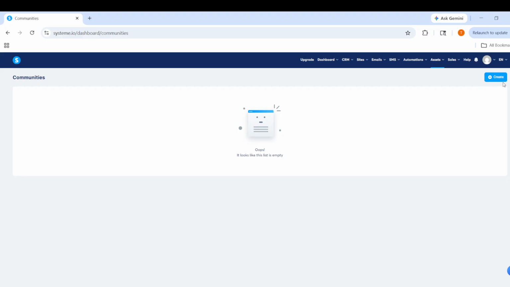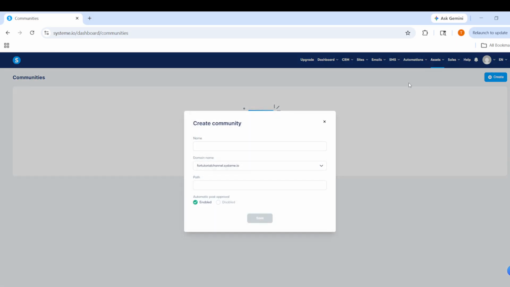Next, you will click the Create button. This is the action that begins the setup process for a brand new community. If you already have communities, they will appear in this area as well. But for this step, you want to focus on starting fresh with a new one. After you click Create, the setup form should appear, and you will be ready to define the basic identity of